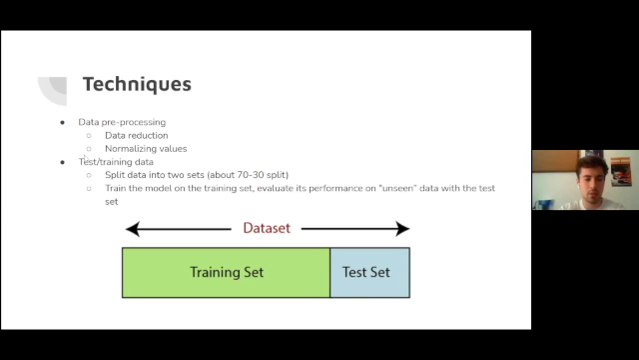So the second thing we're going to use as a technique today is splitting our data set into two subsets, a test set and a training set. And we'll do about a 70%, 30% split. And the purpose of these two sets are